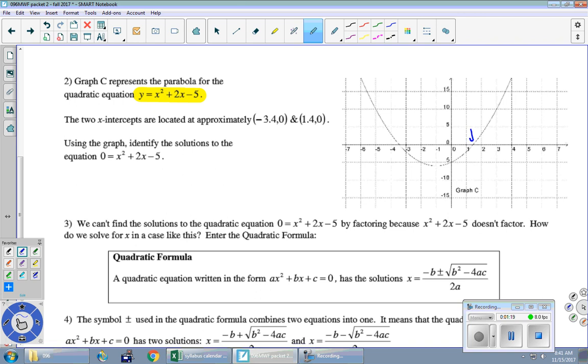Like this guy right here. What do you think the coordinates are there if we just had to guess? 1.5? Looks like it's a little bit to the left of the middle to me. So maybe 1.4. I feel okay. And 0 is clearly the y. Go ahead and guess the other x-intercept, and write down the coordinates right there. So we're just ballparking it. There's no way to know for sure. What do we think? Negative 3.4, comma,